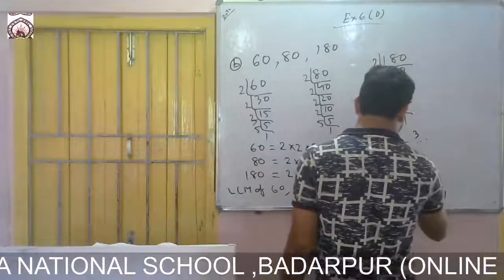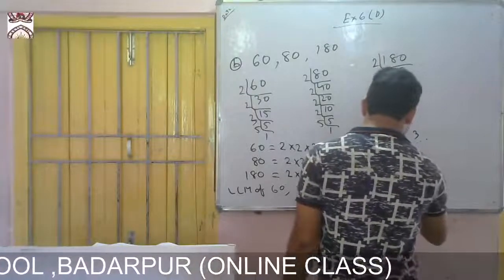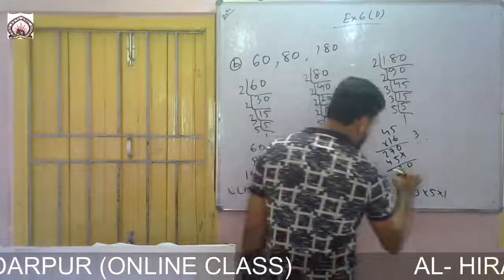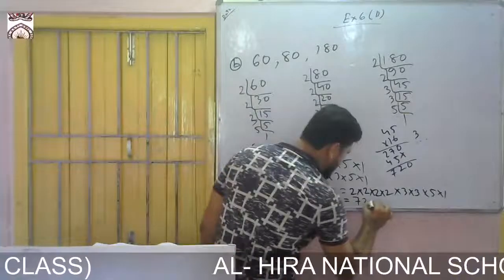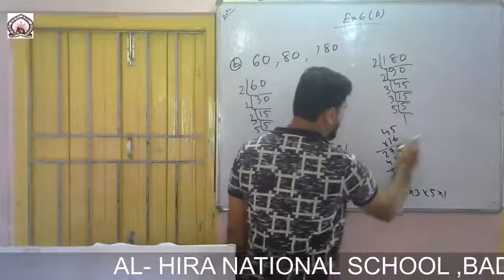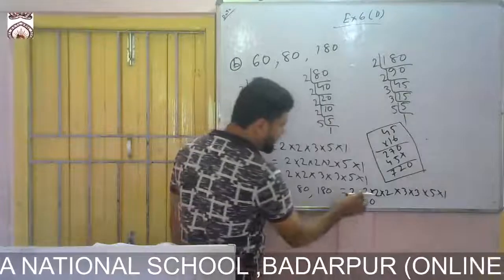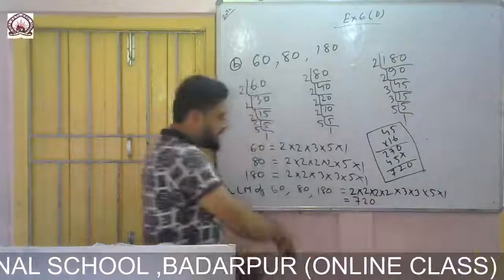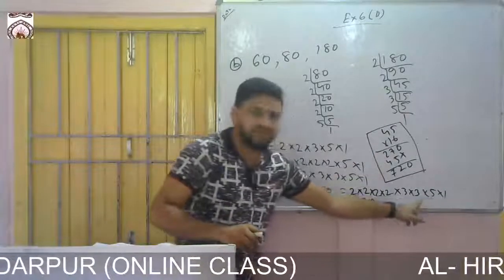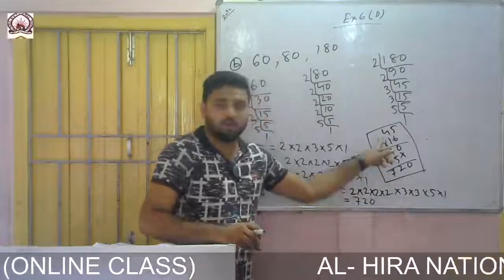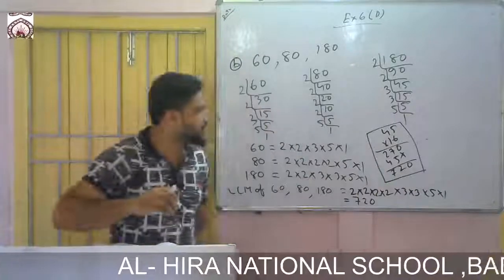4 6s are 24, 25, 27, so 5 4, then 0, 2, 7, 4 plus 2 is 6 and 1, 7. It is 720. So if you multiply you get 720. Okay, this is rough. 2 2s are 4, 2 2s are 4, 4 4s are 16, so I wrote 16. 3 5s are 15, 15 3s are 45, so I wrote 45. So if I multiply this one, I'll get 720.